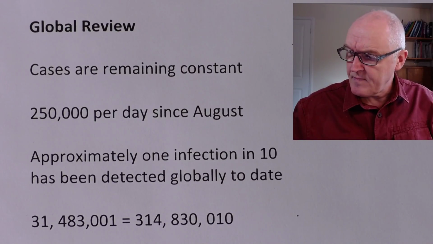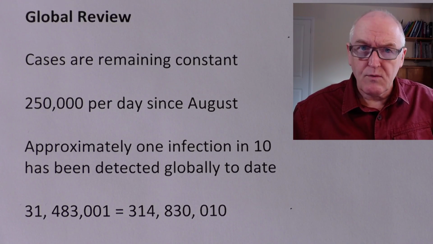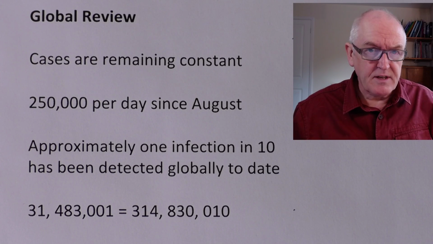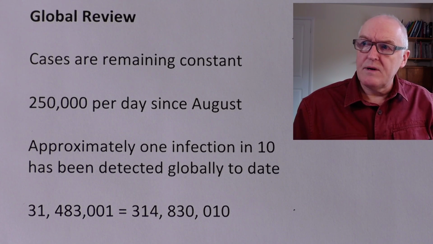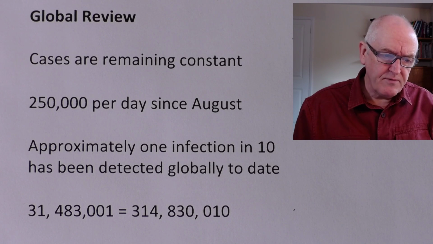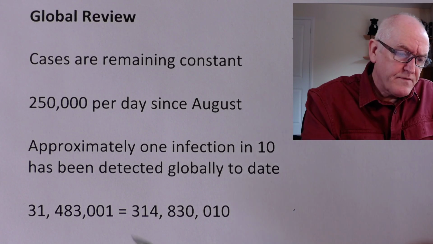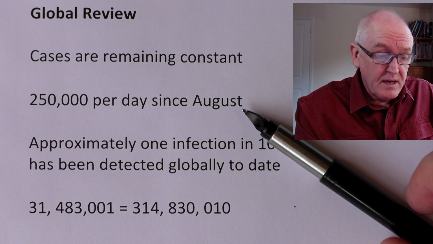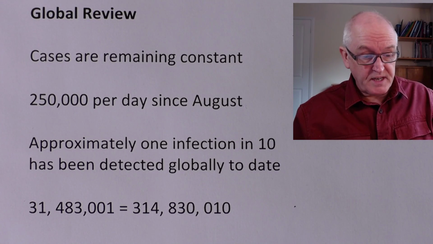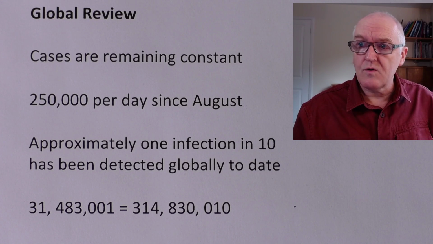Right, now to get onto the topic of COVID specifically, let's start with this global review. And this was published about 3 days ago. So this is bang up-to-date information, based on statistics from all around the world that I wouldn't possibly have the time to collate myself, but they put it together for us, so that's kind of them, thank you very much. Now, the cases at the moment, in terms of new cases per day, are roughly remaining constant. About 250,000 new cases per day since August, so every day since August, about 250,000 new cases. 1 million new cases every 4 days, in other words. This is globally, of course, this is the whole world.